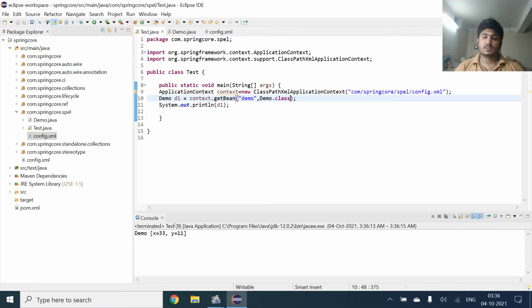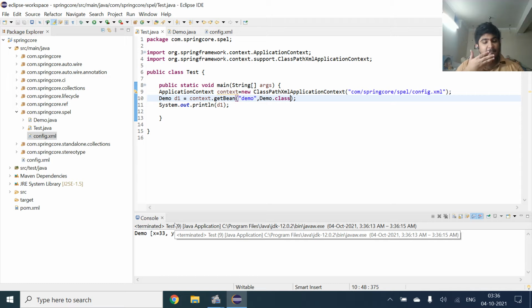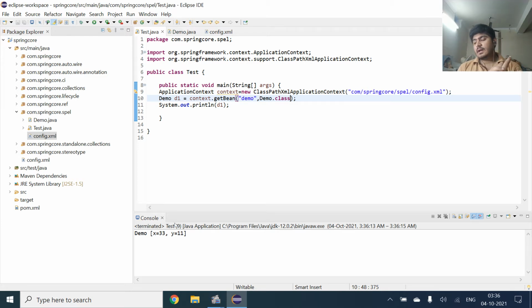This is how we can use SPEL, and we can get the output for which we are giving the input.